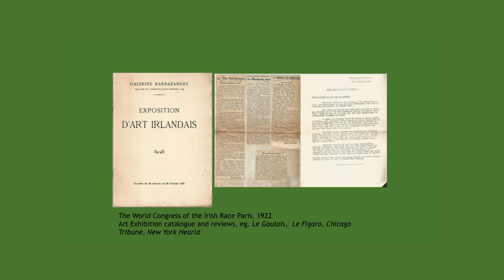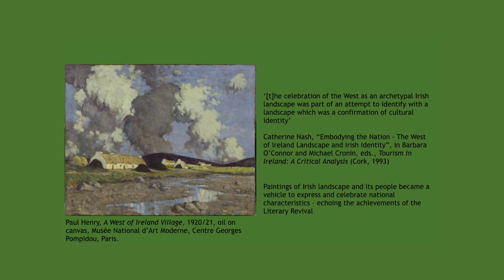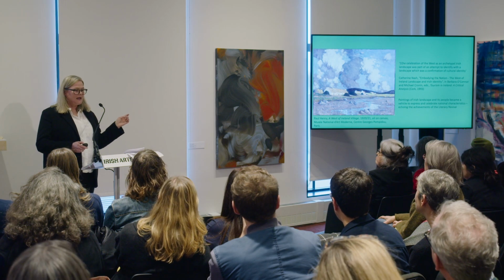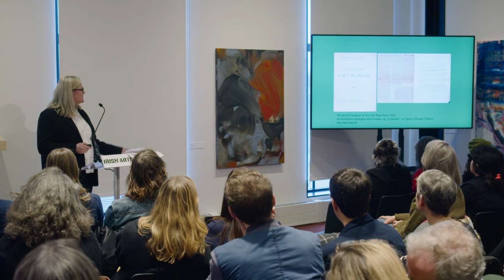They had no money, but they projected that they did. That's what they wanted to do, to show themselves. And they had critics of the day responding to this idea of the art of Ireland. This is what they were saying. And what's interesting, if I go back to this, of course, one of the works that was shown, the typical works of that, was Paul Henry, a West of Ireland scene. That work, very interestingly, became a major political statement because the French government bought it in recognition of a distinctive form of Irish identity at the time.